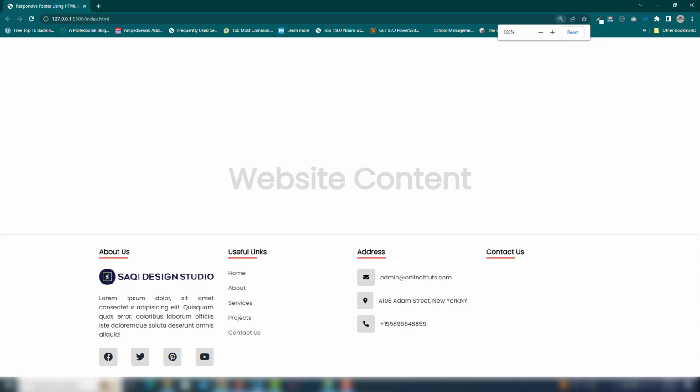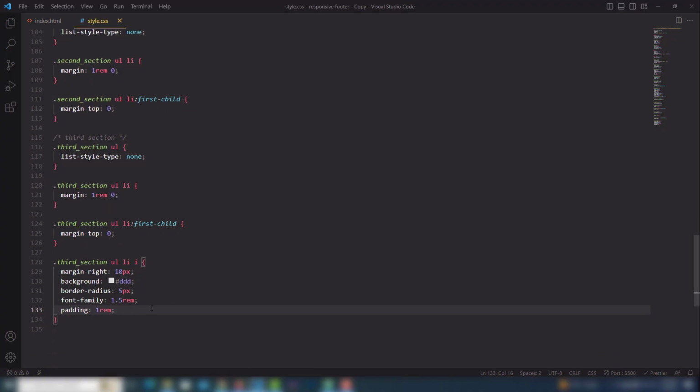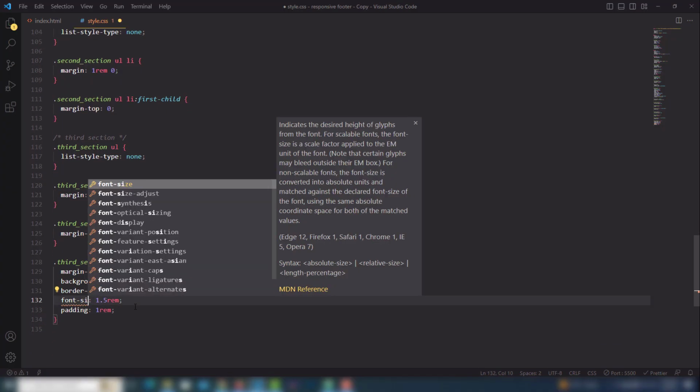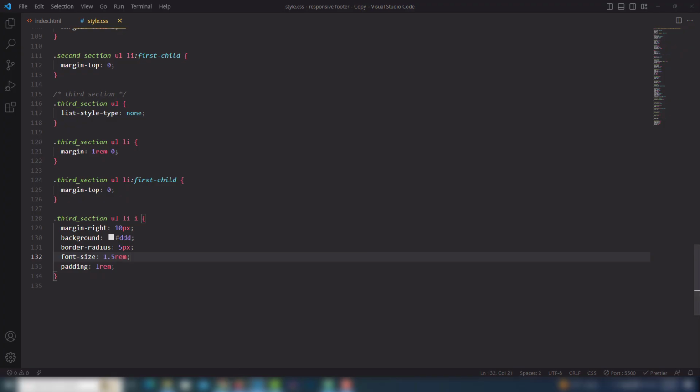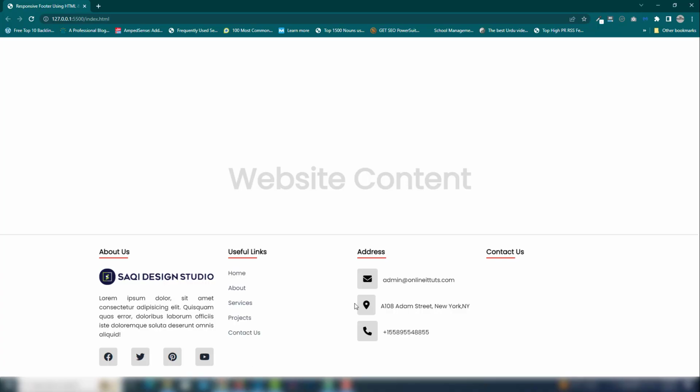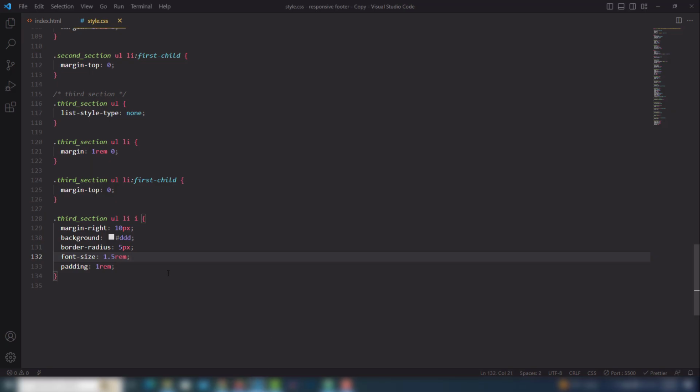Okay, this is 100 pixel. Font size, yeah, we need to fix that. Perfect. Right, so yeah, I think everything is clear there. Right, so I think we need to select this one